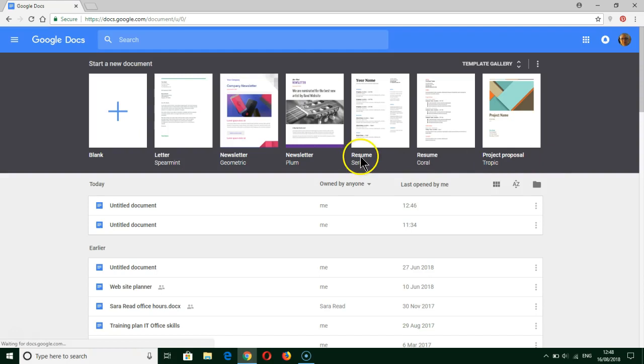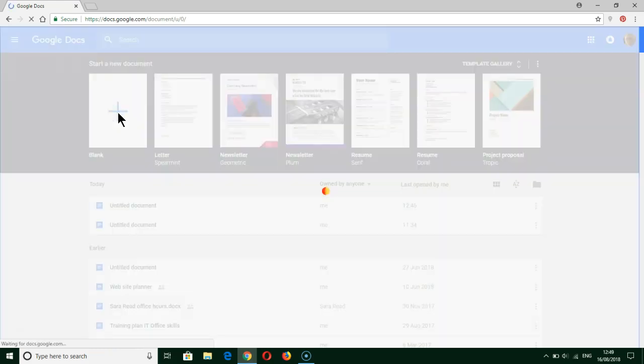Now here I can see the various docs that I've got, and here I want to create myself a new document. So I click on that plus sign, and it creates me an untitled document. I can tell it's an untitled document because it's got the wonderful legend Untitled Document at the beginning there. Now here I've then got the menu bar that shows me the items, File, Edit, View, Insert, Format, Tools, Add-ons and Help. And then underneath here I've got a set of buttons that will also help me to create things